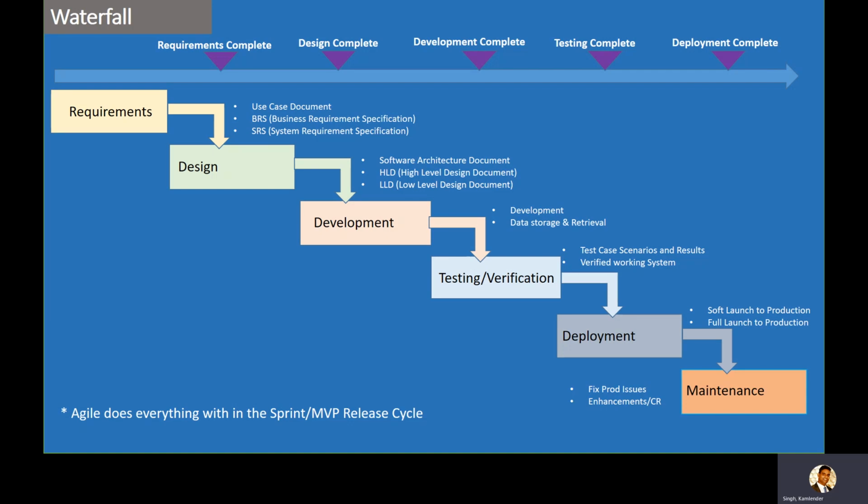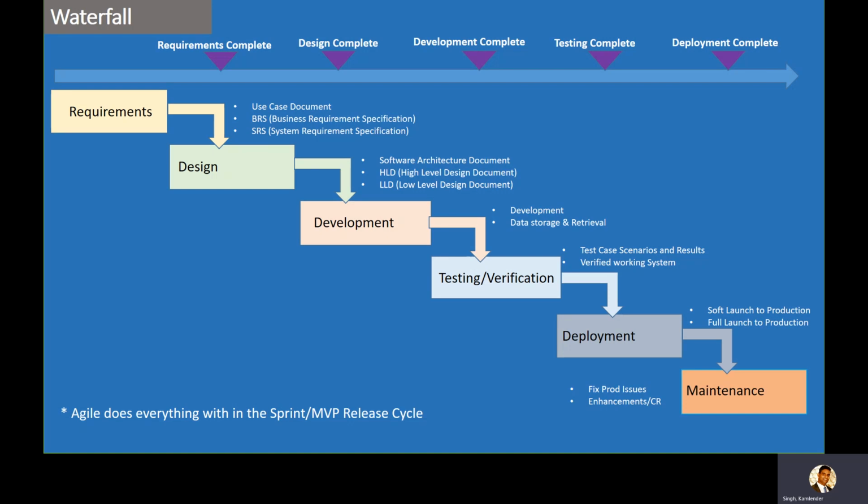In the waterfall model, it's a phased gate approach wherein we have a complete set of requirements. We used to execute this model for an end-to-end product, or in fact a project. I would not even name it a product, because product development started with Agile. So for the complete implementation of a project, we used to gather the requirements in the requirement phase.